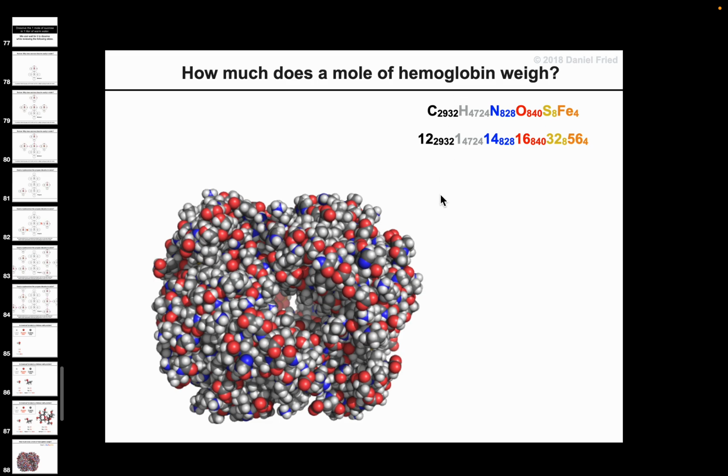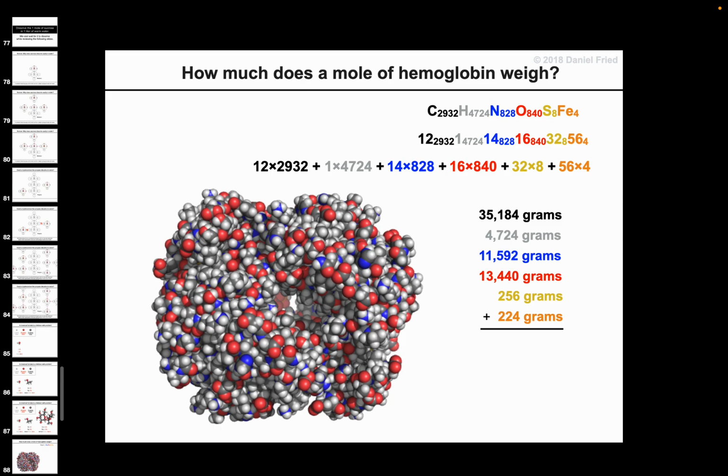Well, you can also think of it as iron is 56 and sulfur 32. Don't forget to check your periodic table for those. Carbon is 12. Add them up. Feel free to pause the video. Add them up, and it's